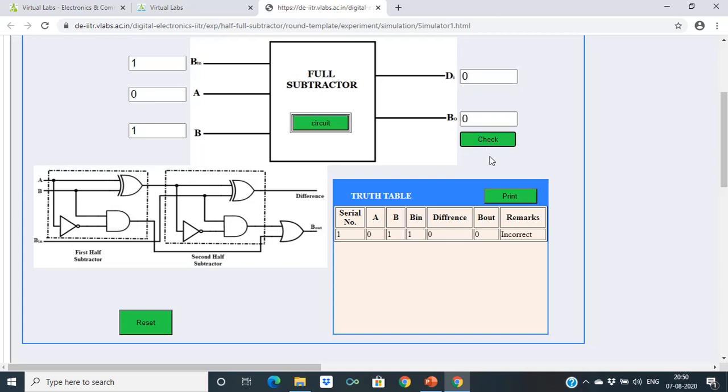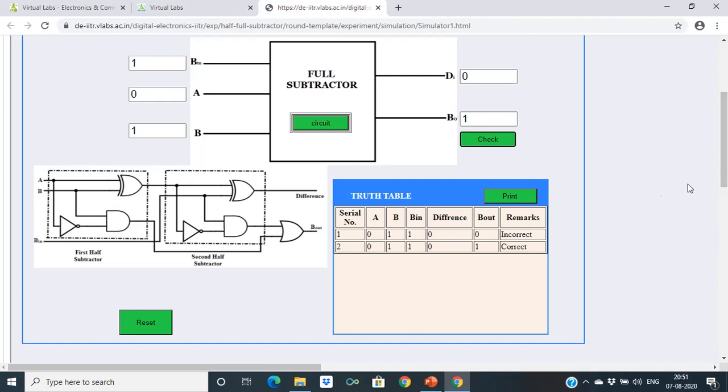It says incorrect because this is not a b, this is a b and b bar, so it is 0 1 1, so 0 minus 1, we will require a borrow, so it will be 1 difference, 1 minus 1 will be 0, so difference is 0, borrow we will require 1, so you will check and it will say correct.